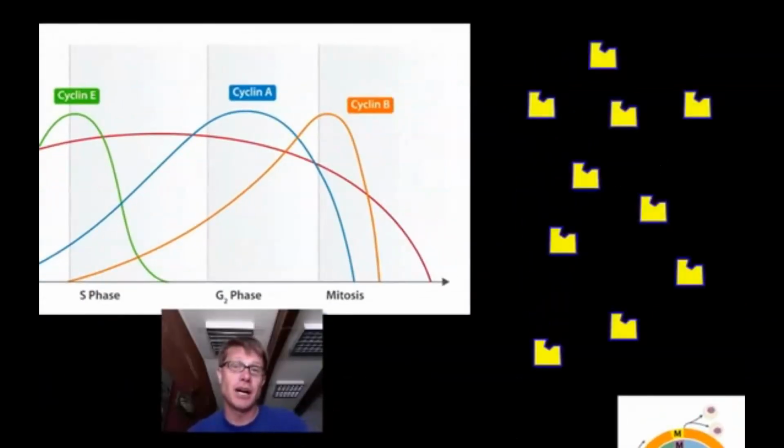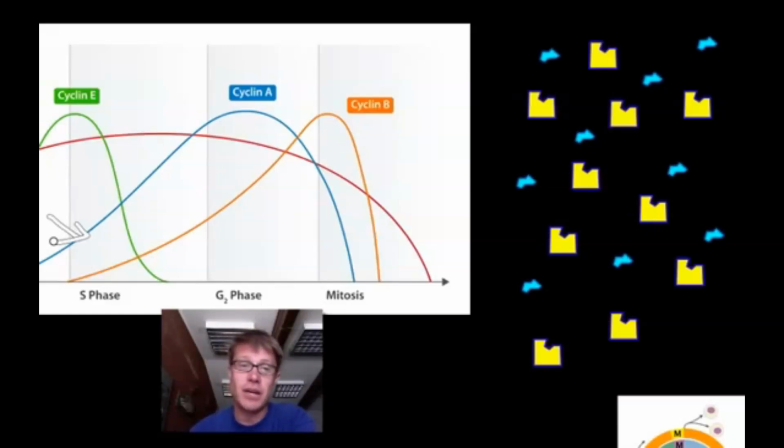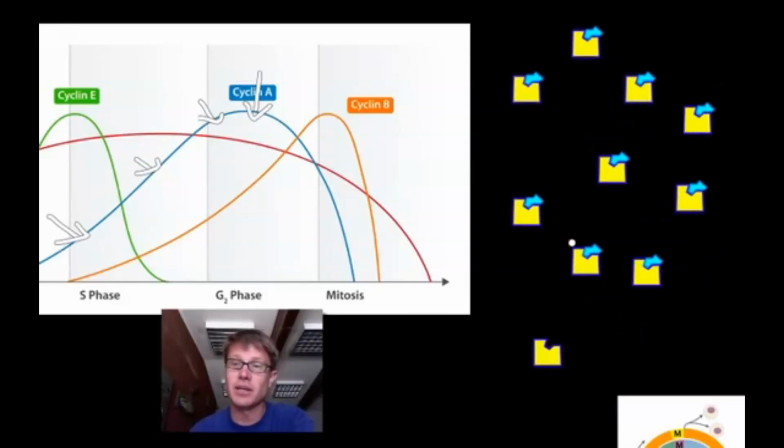A typical cell in your body is going to have a bunch of CDKs in it, or cyclin-dependent kinases. We could say this is like right here. But throughout the life of the cell, it's going to start building up and accumulating larger amounts of cyclin. So the amount of cyclin is going to get larger and larger. Eventually, the cyclin is going to fit into the cyclin-dependent kinases. Now we have an activated CDK-cyclin complex. What does that mean? We have a protein that's able to do things. You can think of it like we've mustered this army and now the army is ready to do something.